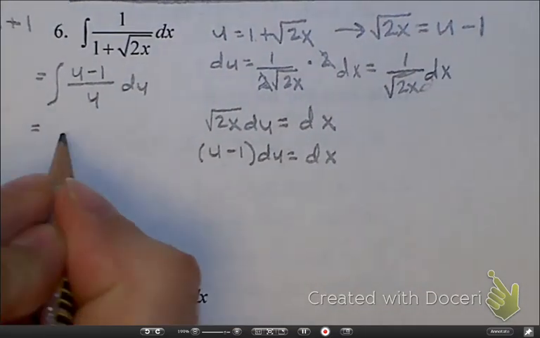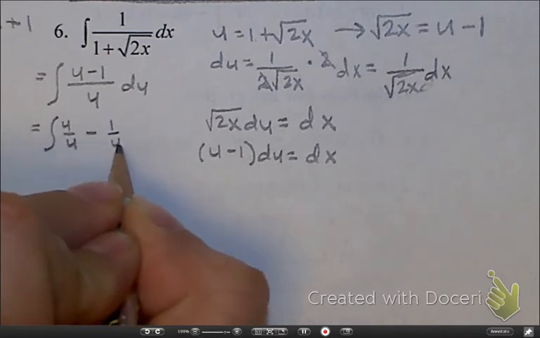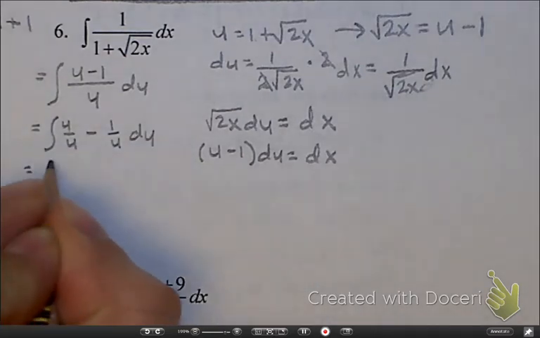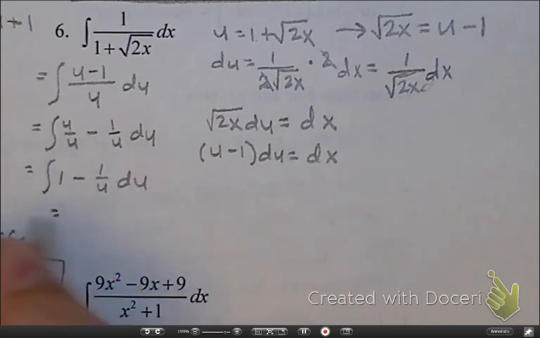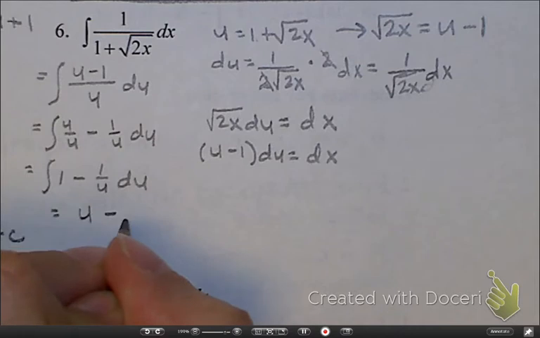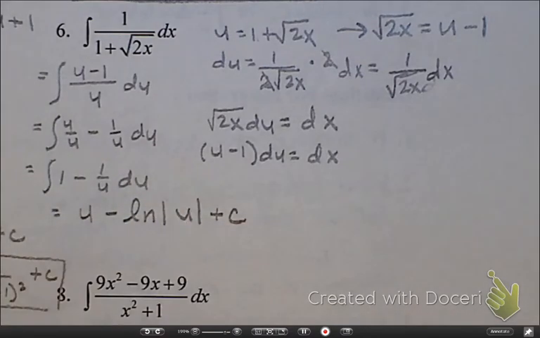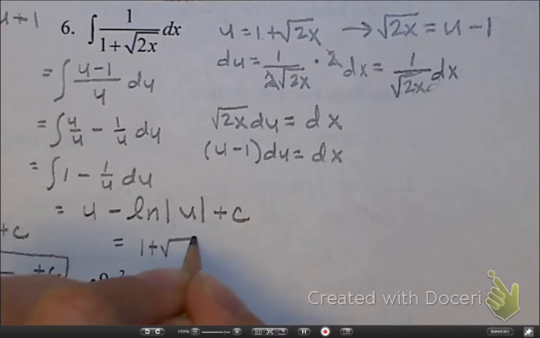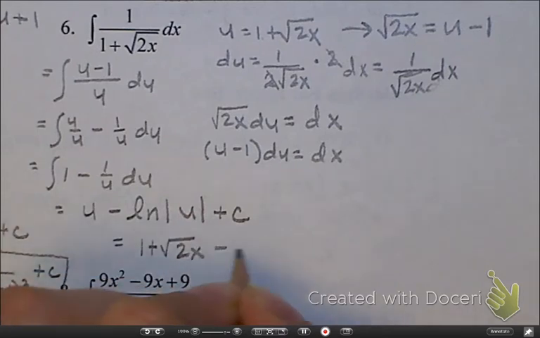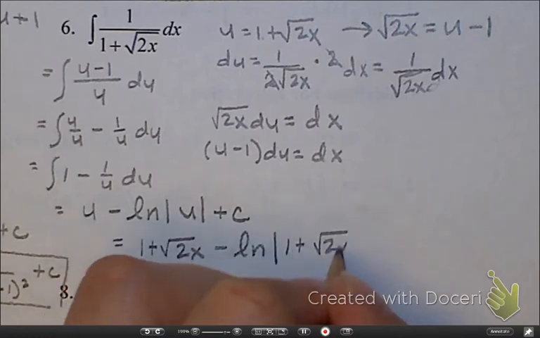So I can split this up into two fractions. I have the integral of u over u minus the integral of 1 over u du. So that would be the integral of 1 minus 1 over u du, which is equal to u minus ln of the absolute value of u plus c. And if I plug all those u's back in, u is equal to 1 plus the square root of 2x minus ln of the absolute value of 1 plus the square root of 2x